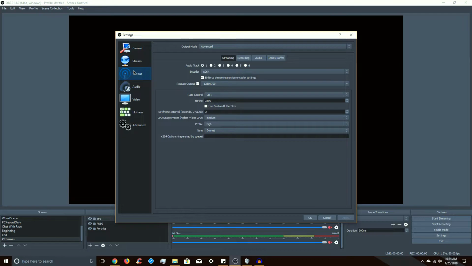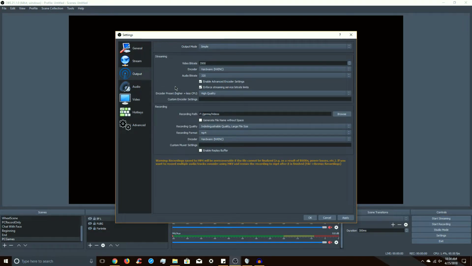So I'm just going to go to output here. You can go to simple. Honestly, if you just want things to just work for you right out of the gate, I would probably go simple. But if you are looking for a little more advanced settings, then I would go advanced. So if you are going simple,